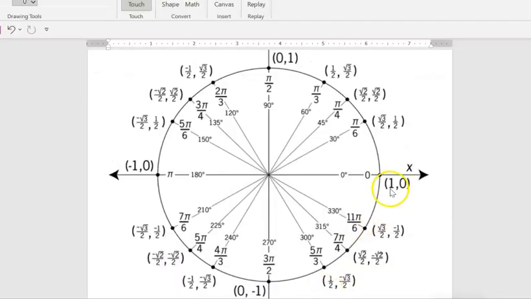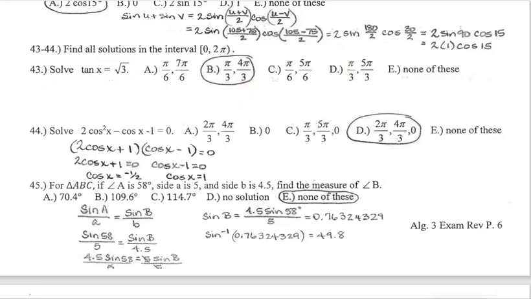So cosine is positive 1 right here at 0. I do not need to say 0 and 2 pi. That's two different names for the same thing. Up here, you wouldn't say pi over 6 and then add 2 pi to get a coterminal for it and also say 13 pi over 6. So you don't need to say 0 and 2 pi. 0 is perfectly fine. You'll notice that in the directions, it is equal to 0, but